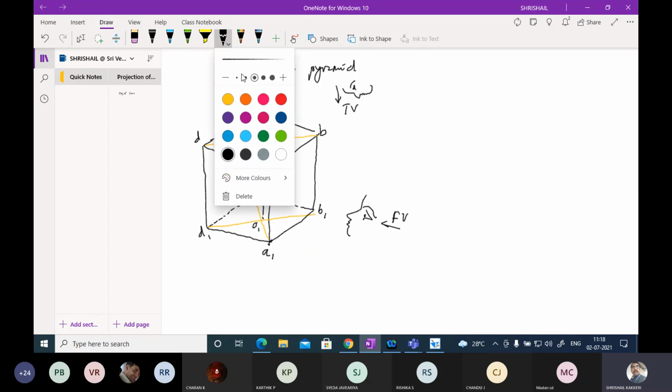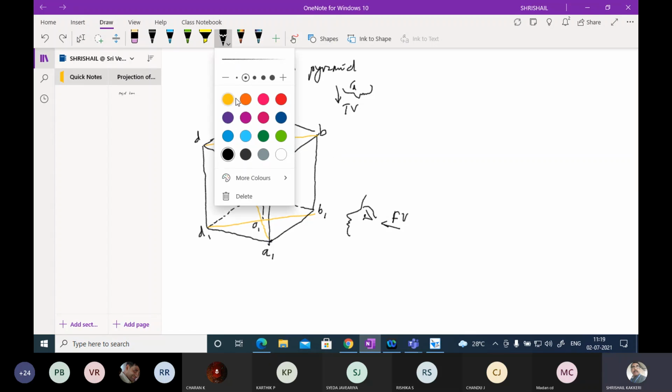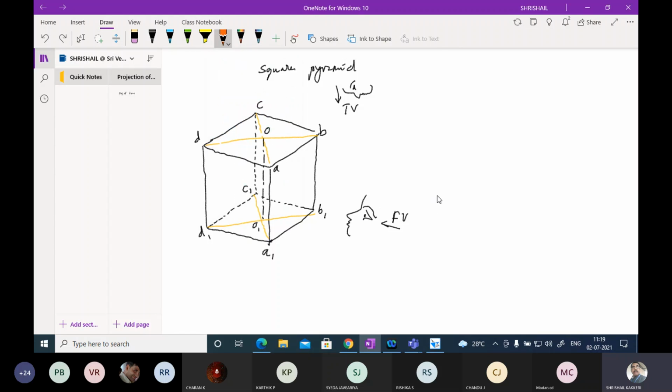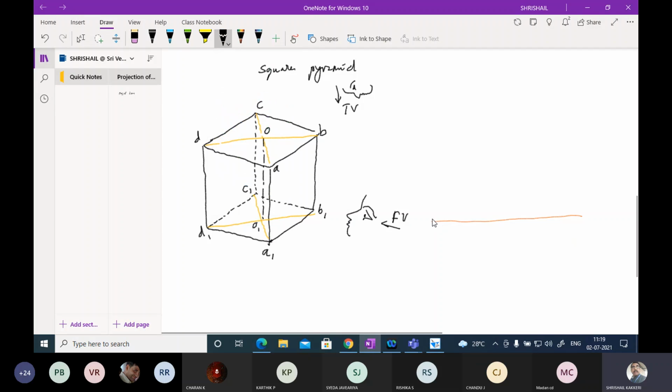Okay, I'll take the XY line, or let me take it somewhere here. The indication which I am going to use is a different color, and it will be a thin line. So now let me take a line. I have taken the XY line. Or if you cannot visualize, I'll use the dark line only.